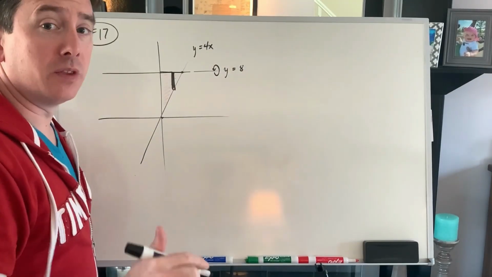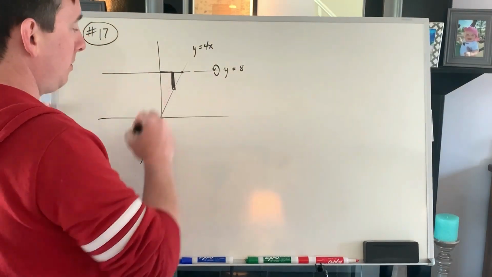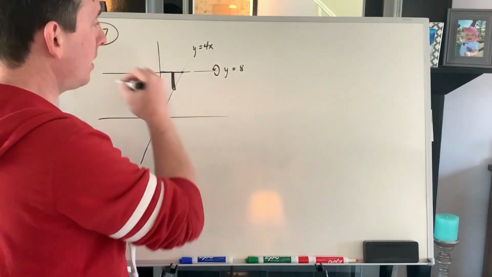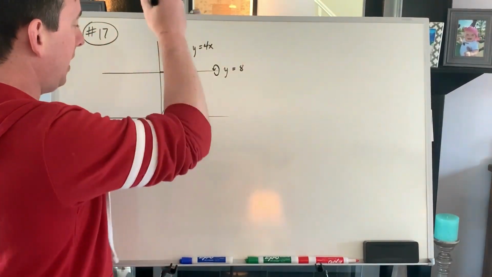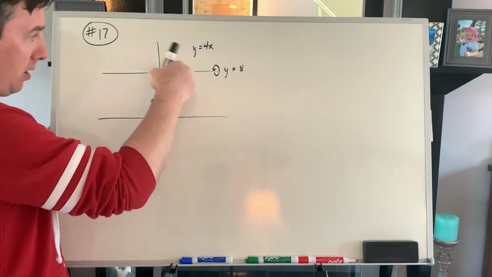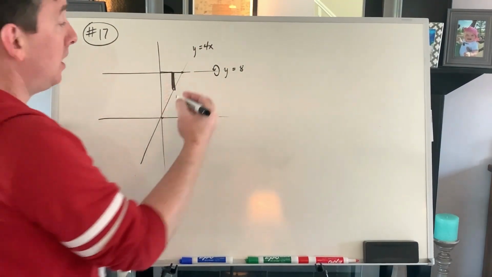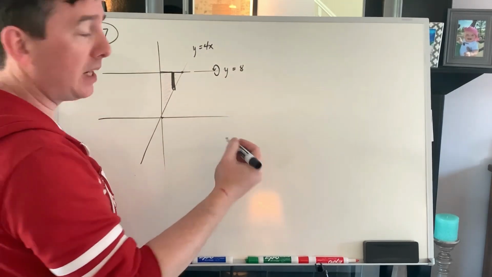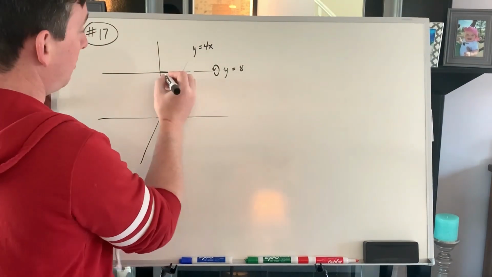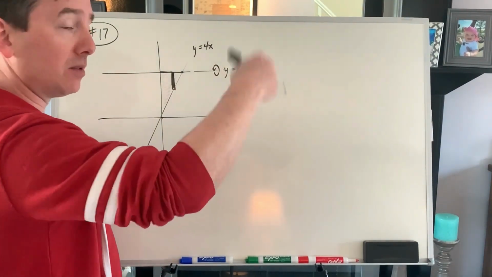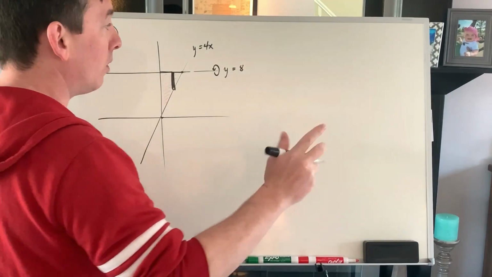All right, guys, here we are with number 17. You have a region bounded by y equals 4x, y equals 8, and the y-axis. So that encloses this red triangle here. We're spinning around y equals 8, so we get to use the disk method because each rectangle is going to be spinning around itself. So you just need one radius,